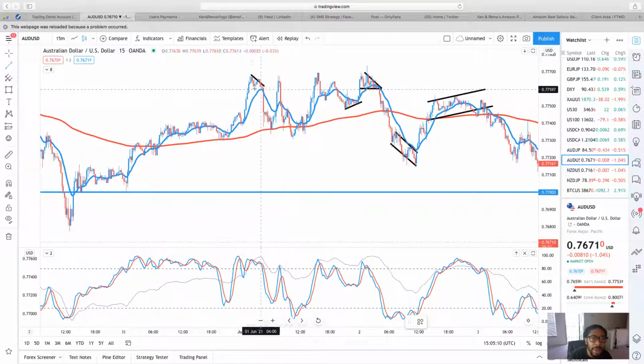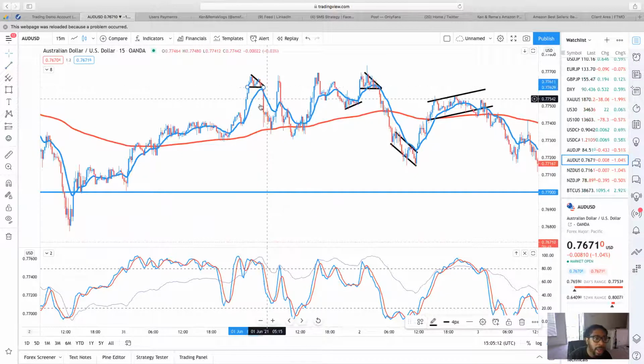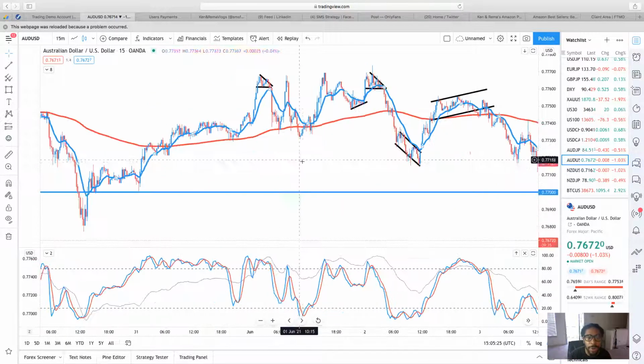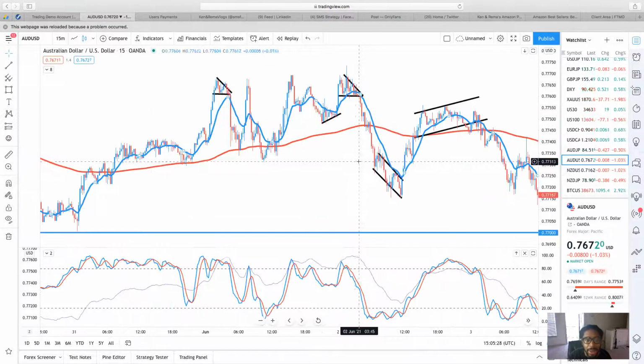Also right here you have another bearish pennant. And before, guys, you see how I got the magnet mode on, so that's why my arrows were moving crazy. I still have a lot of figuring out to do on TradingView, so don't think that I'm perfect at TradingView, but I do understand patterns